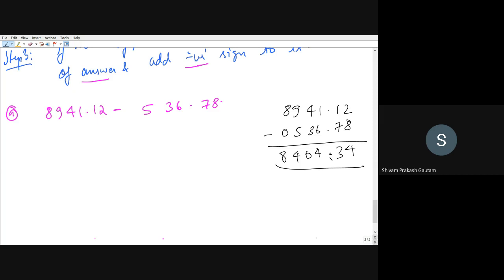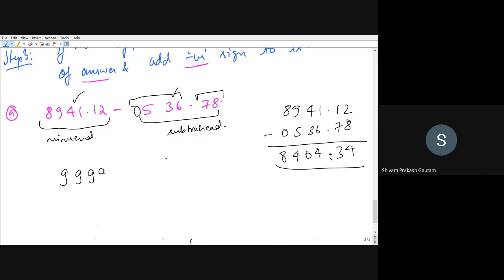Again, this is what we have called the minuend, and this is the subtrahend. Right, so we have to take the 9's complement of the subtrahend. Now pay attention that it has to be subtracted from a 4-digit number, right? This is a 4-digit number and this is a 3-digit number. So we have to convert this 3-digit number to a 4-digit number by adding a 0. Now you have to take the 9's complement of this number. Before the decimal it has 4 digits, after the decimal it has 2 digits. For the 9's complement, as we have seen, you have to subtract from the largest number in that number of digits.